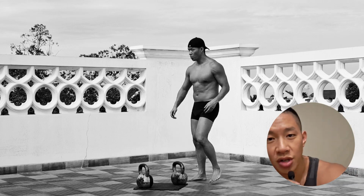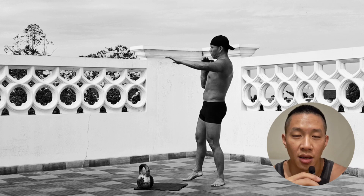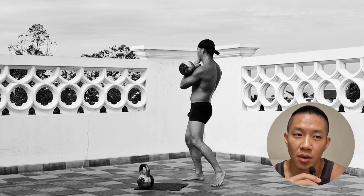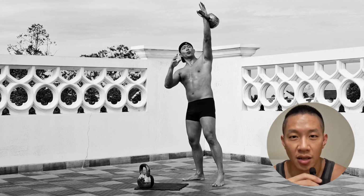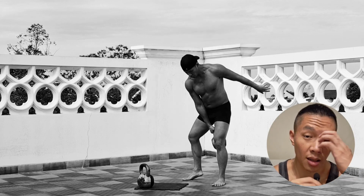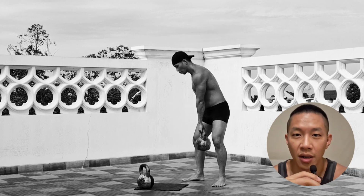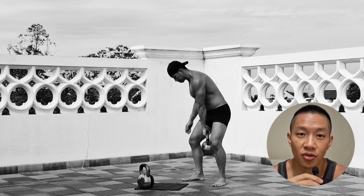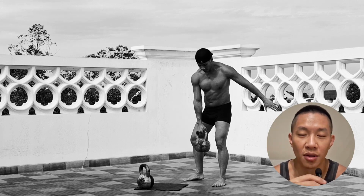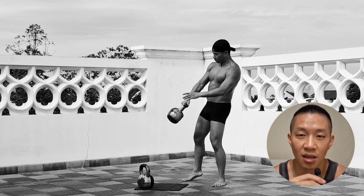For most guys who are just getting into kettlebell training, one of the first exercises that they're typically exposed to is the two-handed kettlebell swing. It's probably the most symbolic exercise when it comes down to kettlebell. And a lot of people swear by it. A lot of people describe all of the surprising benefits of doing the kettlebell swings in terms of building muscle, losing fat, preserving muscle, building an overall lean,